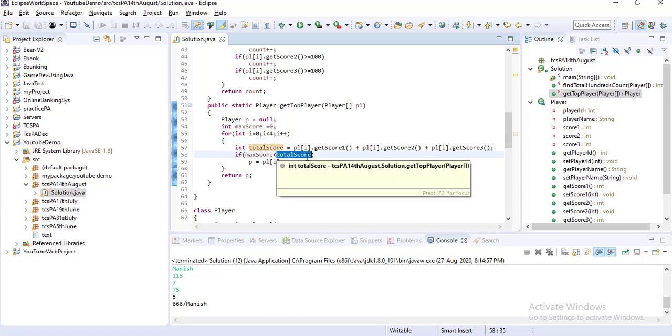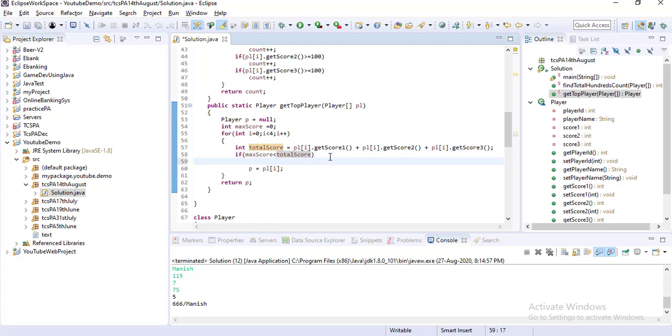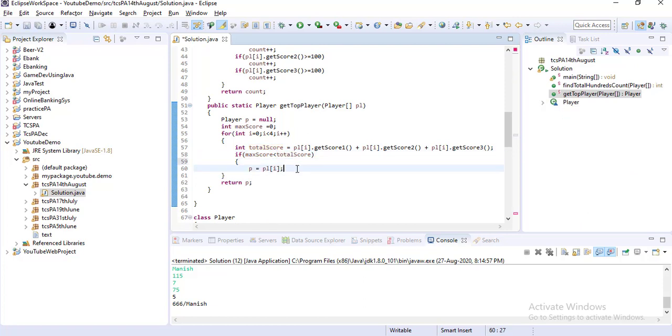Oh, okay, got it. Here one thing you have to do: you have to change the max score as well, otherwise it would always be 0. So max score equals total score, and then you have to point to that player object. So that's it.